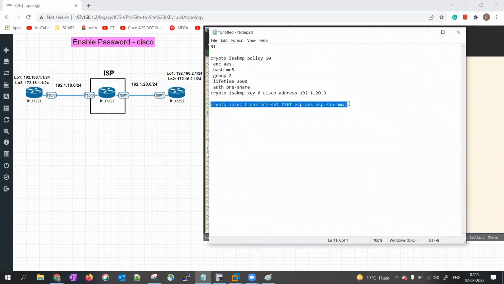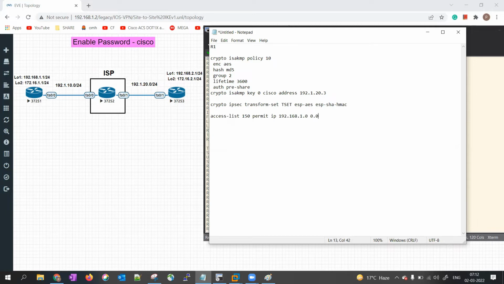Now, since it's site to site VPN, I need to define my interesting traffic, which traffic I want to encrypt. So I have two loopback addresses on each, and I want a full communication so that both the loopbacks can ping each other. I will do it with the help of an access list, an extended access list. Let me show you. Access list 150